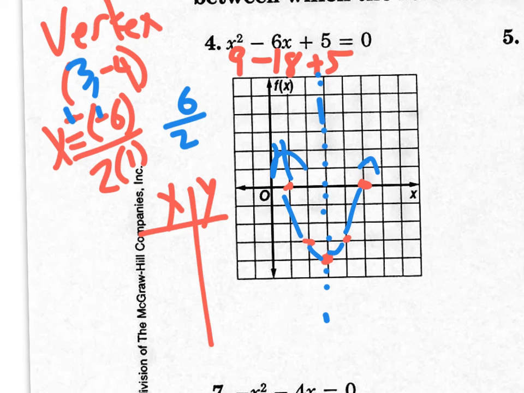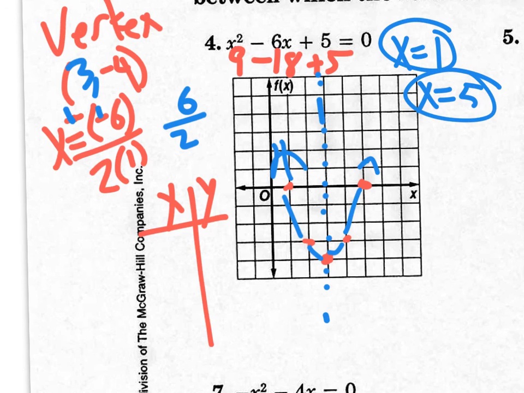Now, what are we trying to find here? We're trying to find the answers, the solutions, which are the x-intercepts. So we're talking about this value right here and this value right there. What is this value? So yeah, that's your answer. X equals 1. And the other one? X equals 5. So ladies and gentlemen, those are your two answers to the original equation, x squared